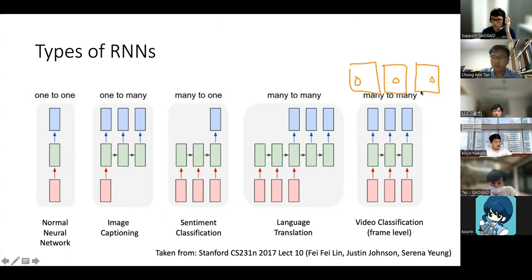So for example, at the input frame, this is your input. For my output frames, I want to predict maybe the future position of the ball. So my output frames here will be like the next position, and then this one will be like this position. And then the last one here, maybe the ball is somewhere here, off the screen. So you can use this kind of thing to do sequential look-ahead predictions for